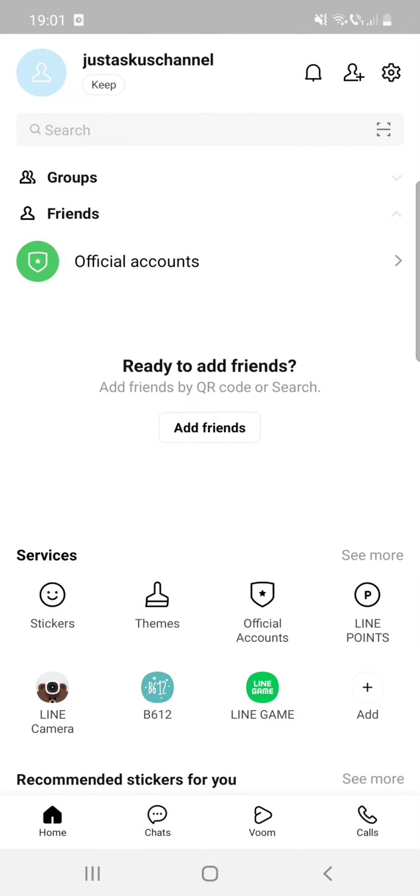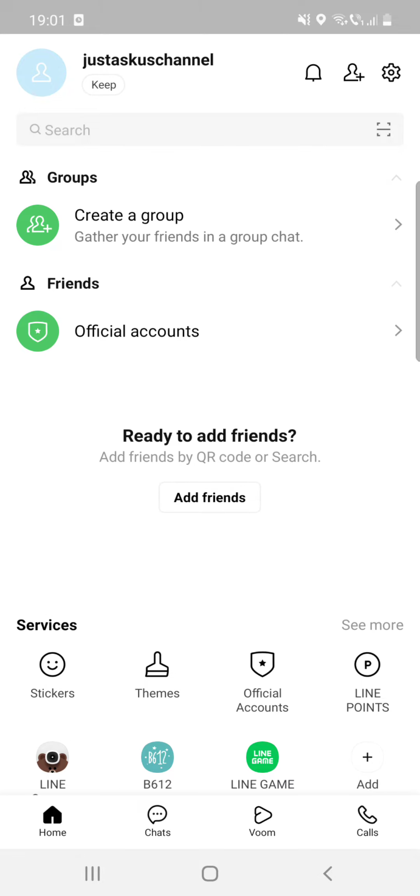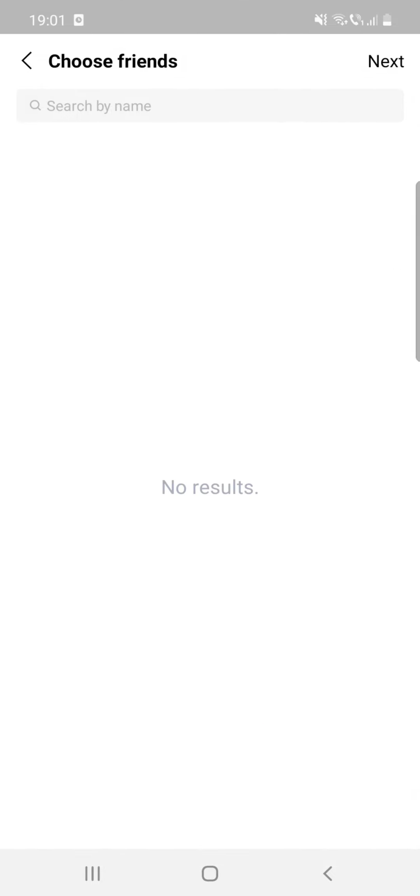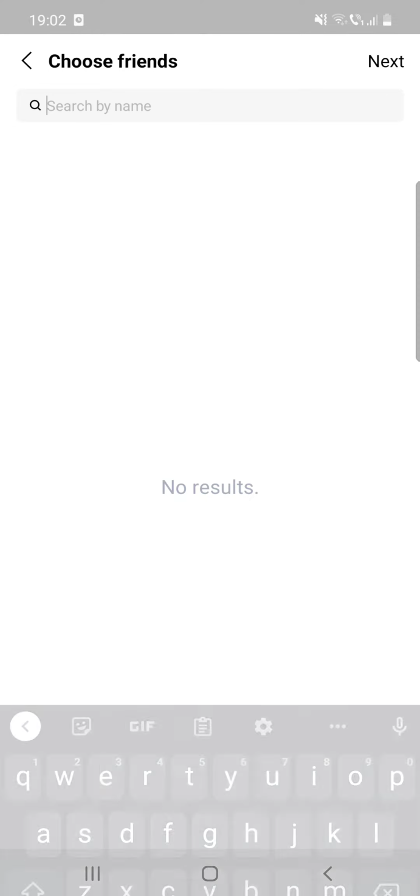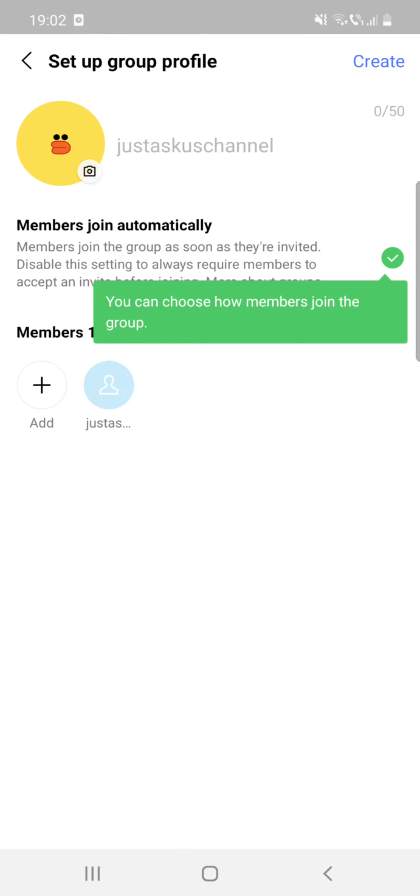So first open the app, and after that you have to click on the groups, and you can see that you can create one. You have to click on that. Here you have to search by name your friend. Okay, I do not have any right now. I'm going to click on next, and here you can set up